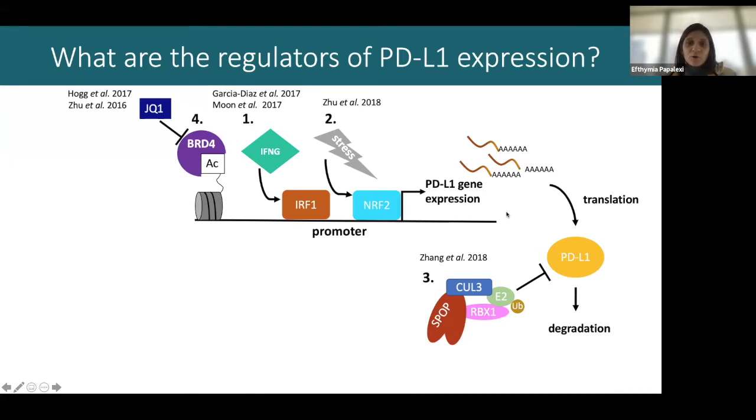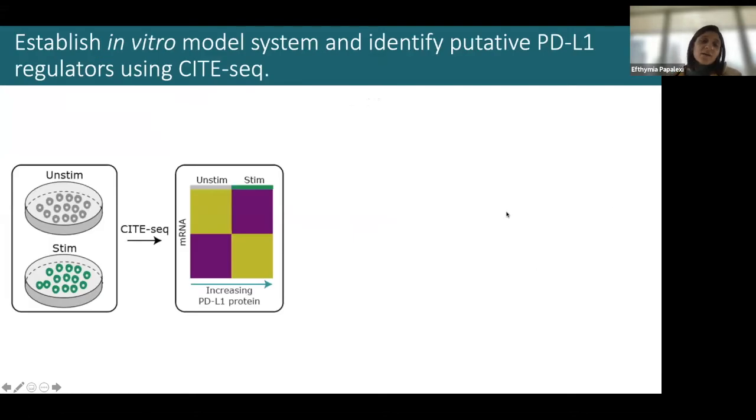So I wanted to basically add something to this scheme of known regulators. And the first thing that I did is I established an in vitro model system where I took a cell line and I stimulated with different cytokines. For example, I stimulated cells with interferon gamma. And then I checked to see if the stimulation results in an upregulation of PD-L1 surface protein expression using flow